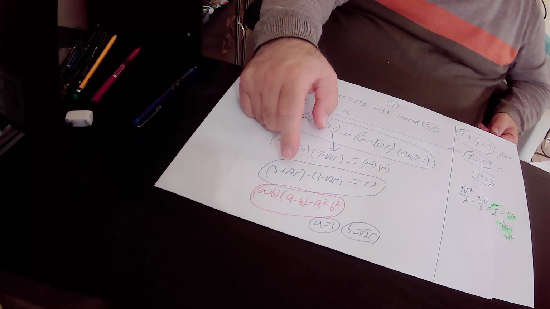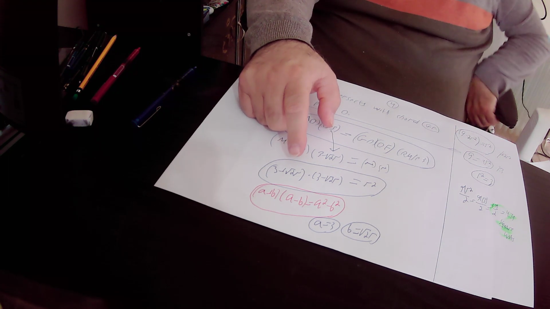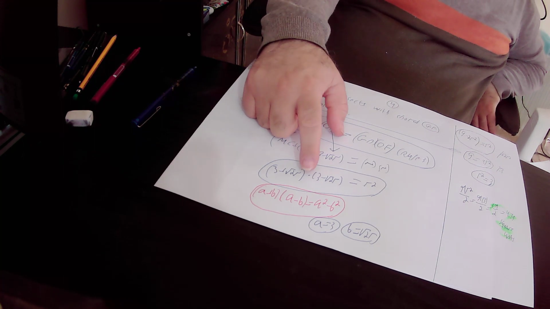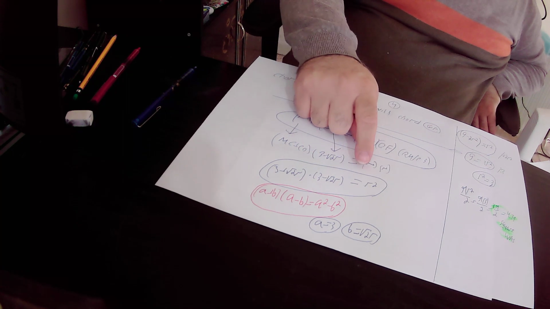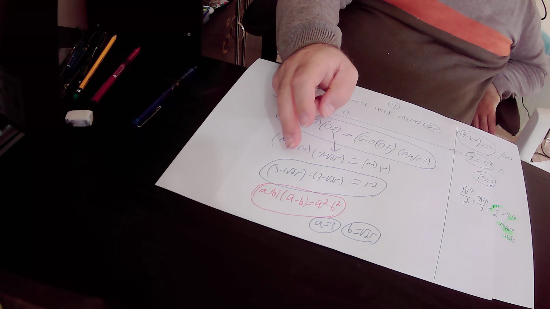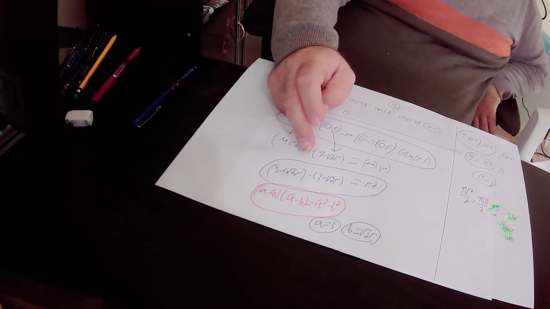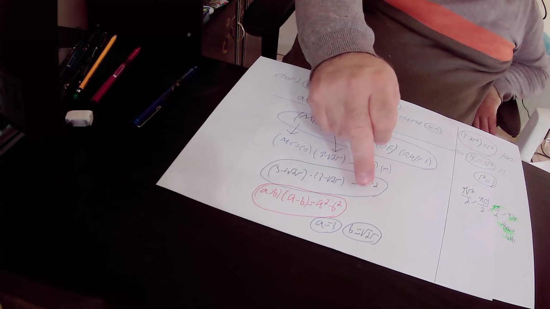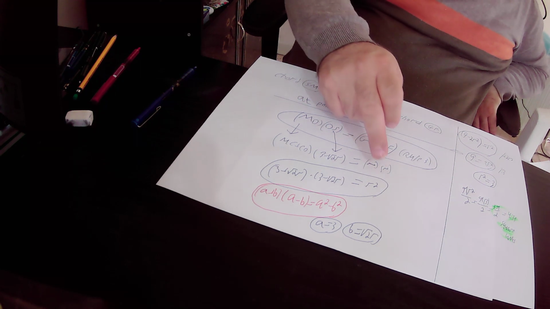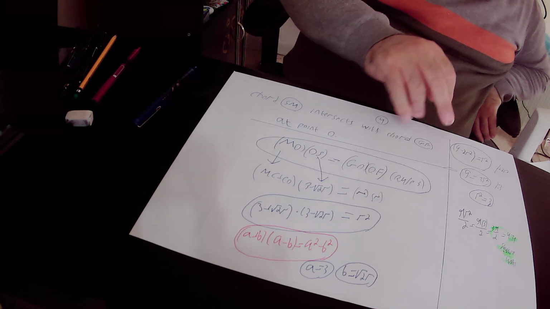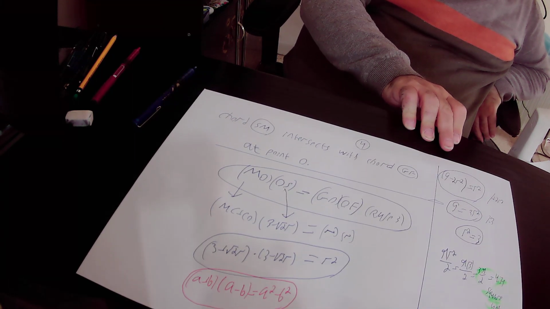This expression is very similar to the algebraic identity that A plus B times A minus B equals A squared minus B squared. So this expression, according to this identity, must be equal to A squared minus B squared. In our specific expression, A equals 3 and B equals square root of 2 times R. So A squared will be equal to 3 squared, that is 9, minus B squared. B squared will be equal to 2R squared. So A squared minus B squared will be equal to 9 minus 2R squared, and it is equal